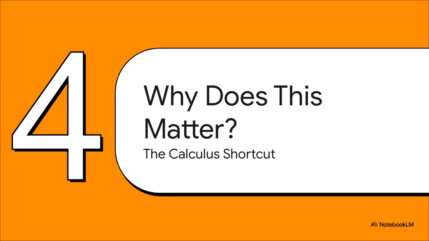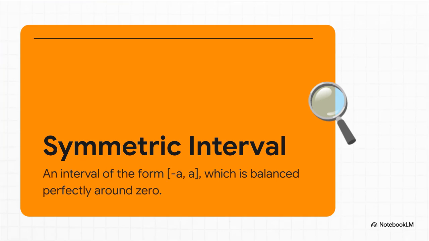So, okay, this is all cool, but so what? Why do we go through all this trouble to label functions? Well, it all leads to this incredible, almost magical shortcut, especially in calculus. This amazing shortcut only works in a very specific situation, when you're dealing with what's called a symmetric interval. It's a fancy term, but it just means an interval that's perfectly balanced around 0, like from -5 to 5